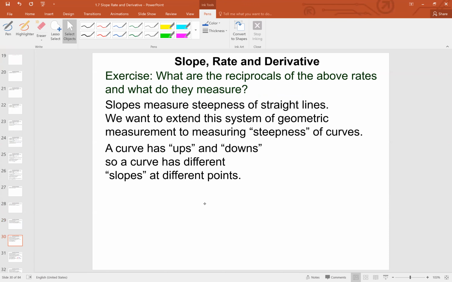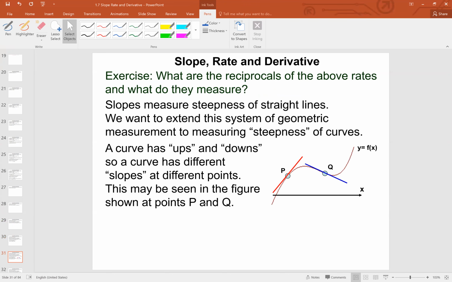Now we want to extend this idea of slope to a curve. In particular, I want to talk about the slope at a point on the curve. And so how do we do that? Well, one way to think of this is let's pretend